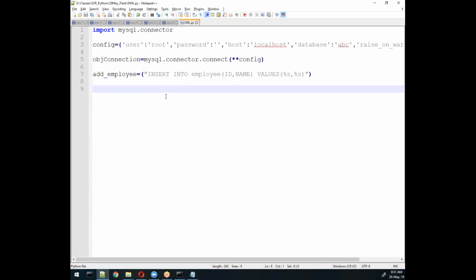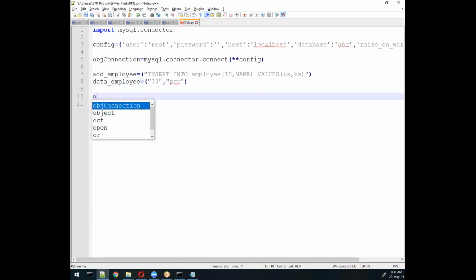Now next step is what? data_employee. And then here we will specify some value like 33 or any static value, or you can take it from the end user also, PQR.